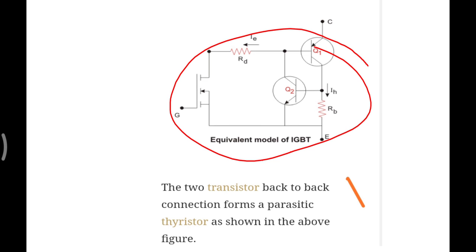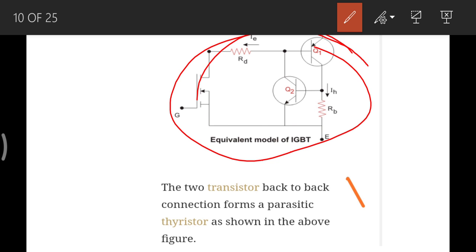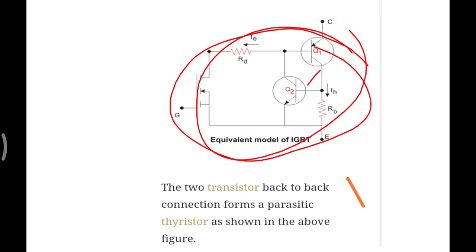And how can we compare this IGBT with BJT? The IGBT is the combination of two transistors. If you see here, this is the circuit diagram. If you observe here, there are two transistors connected back to back. If two transistors are connected back to back like this, it acts like an IGBT. That means the work the IGBT does is done by this equivalent circuit also. So this is about the basic structure of this IGBT.